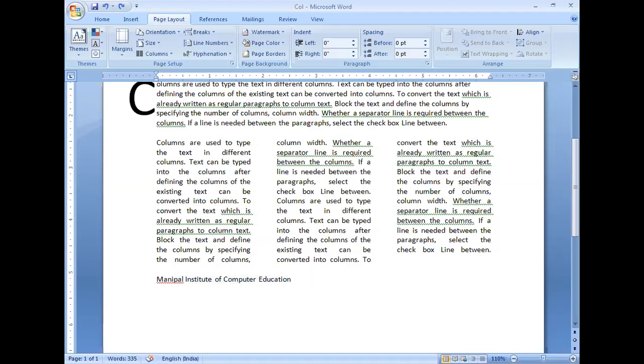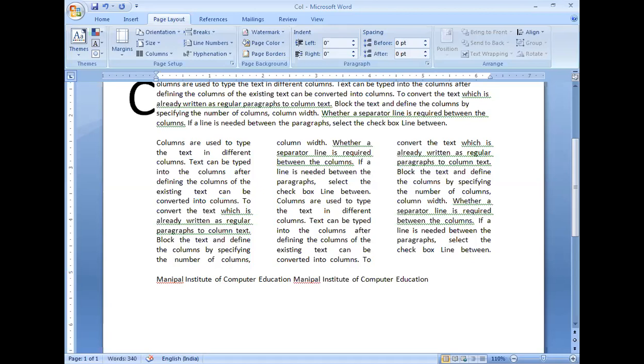Now let's try how to get back that Manipal Institute of Computer Education. Now I'll type MICE. After typing MICE, you press the F3 function key to get the lengthy form of text. This is how. So let's try once again.